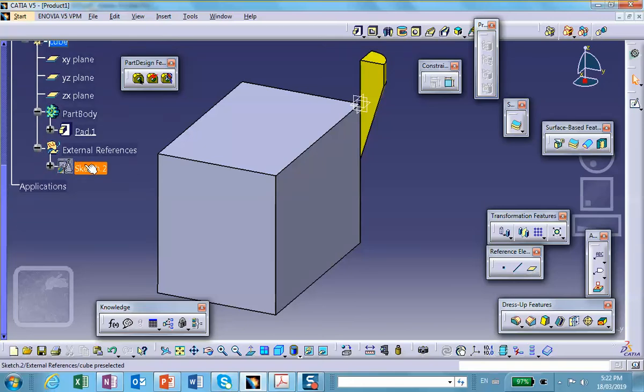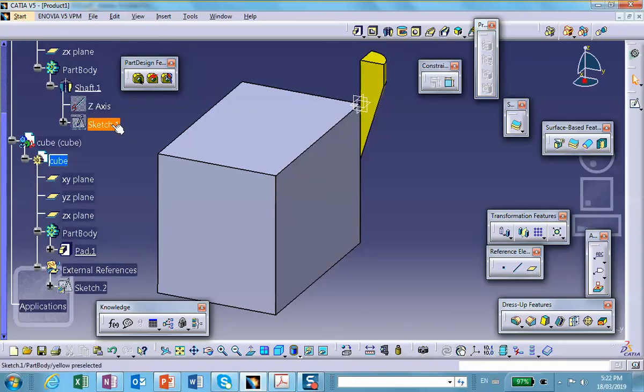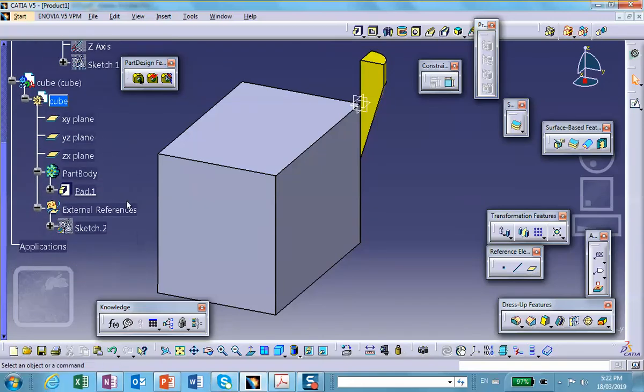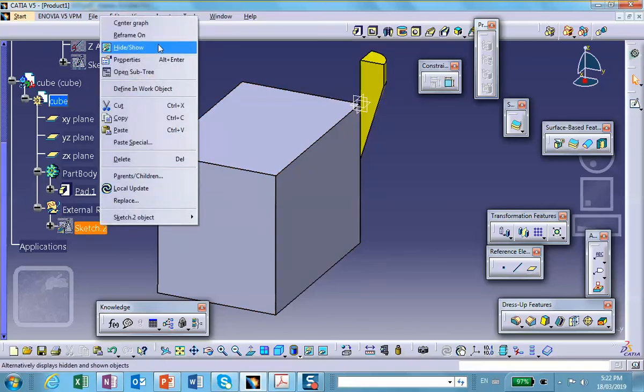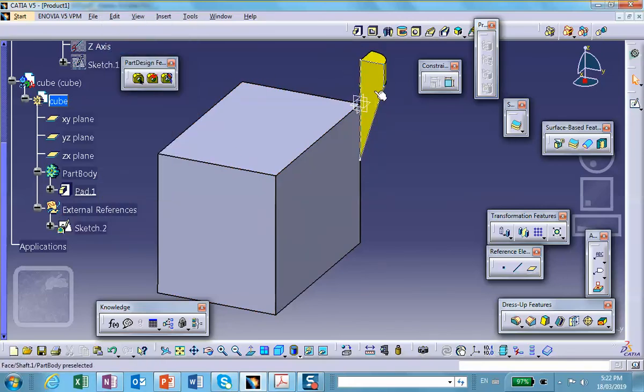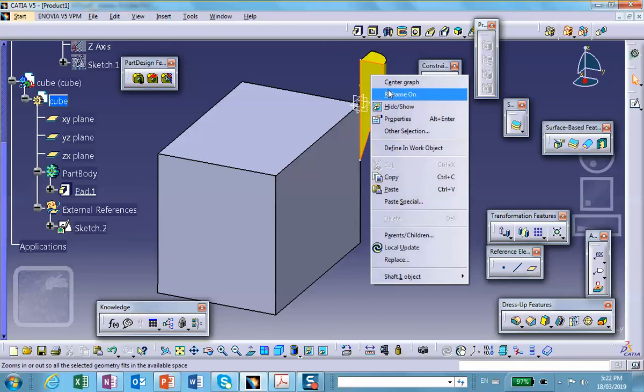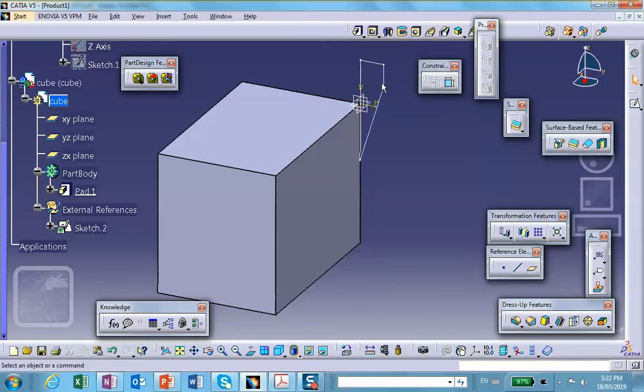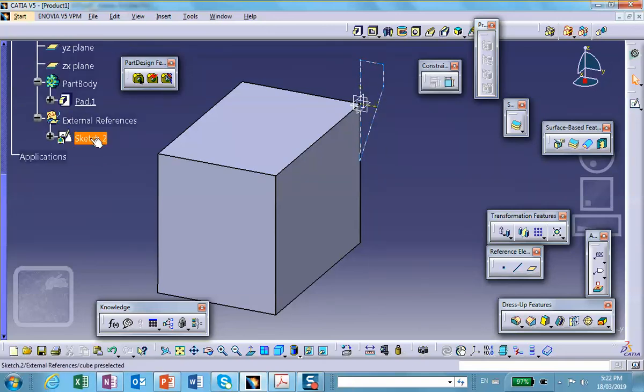We cannot change the sketch from here. We can go and change it in the original sketch and everything, resize it. But it is sitting there. As a matter of fact, if I right click, show it to me, it's right there. You can see that. In fact, if I hide the yellow thing, that is sitting there. The only thing is that I want to change the support of the sketch. Right now it is sitting there. So I go here, right click,